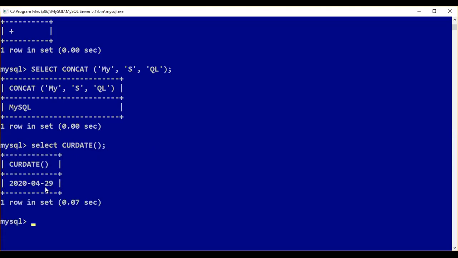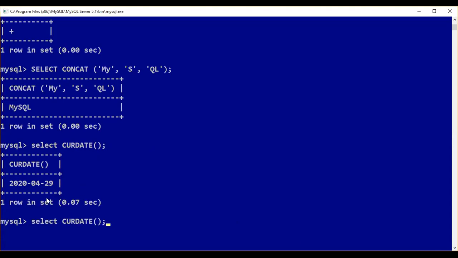Current date: it is showing a previous date in this system, in year, month and date format. The system is not updated, so it is showing a previous date, yesterday's date.